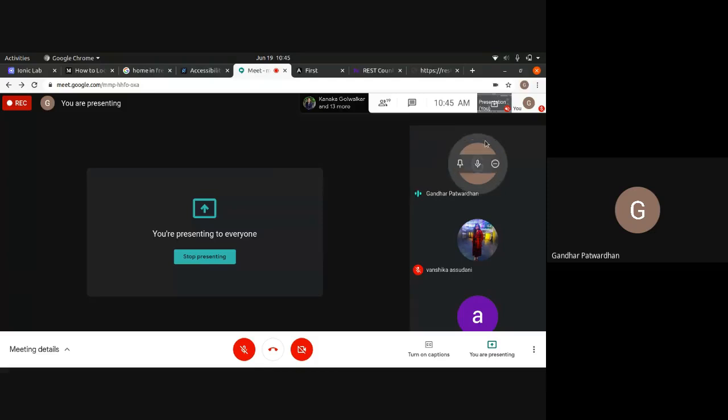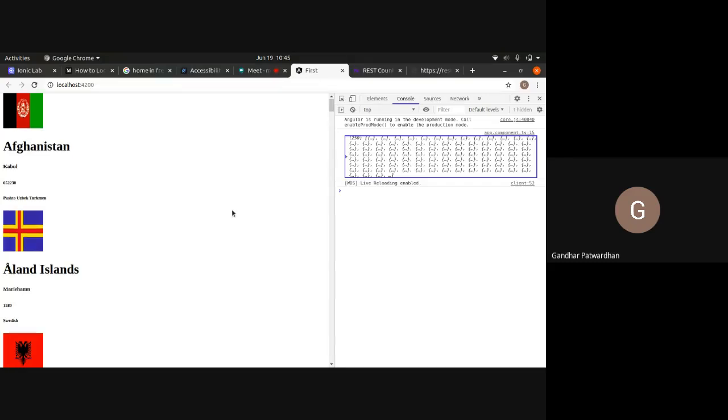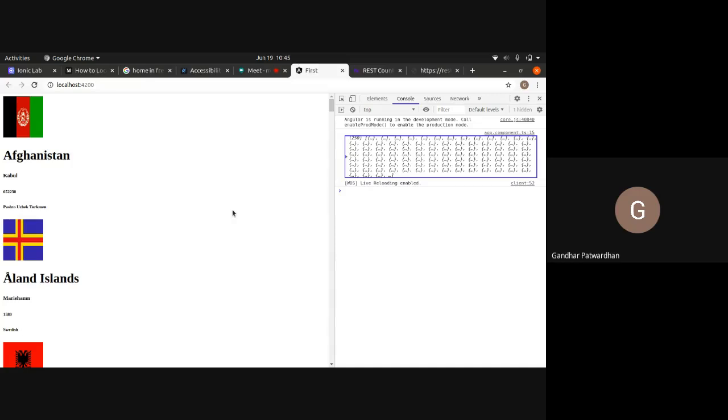Okay, so what we will learn today is how to apply a filter in this. Filter simply means a searching thing. We'll have a search bar somewhere, and a search bar is nothing but a simple text field, right? As we type, let's say if I type A, everything that starts with A would be shown. If I type AF, all the countries whose names start with AF would be shown. That is what we will try to implement. Now let us see how we can do this.